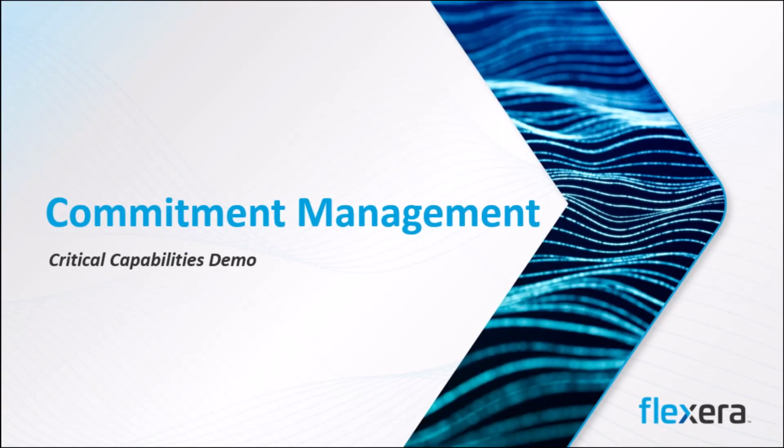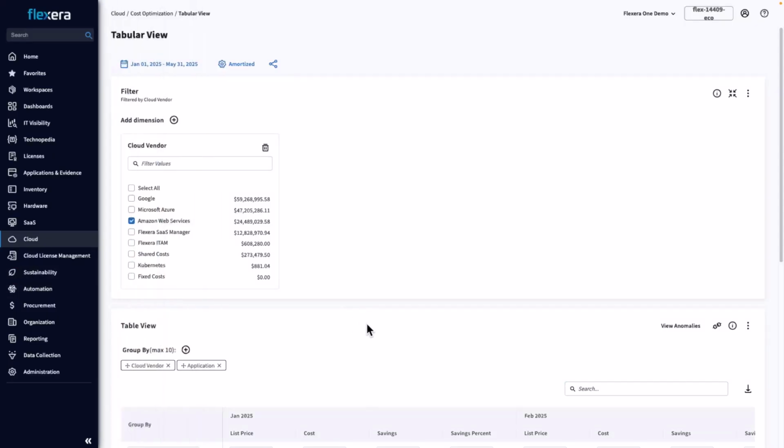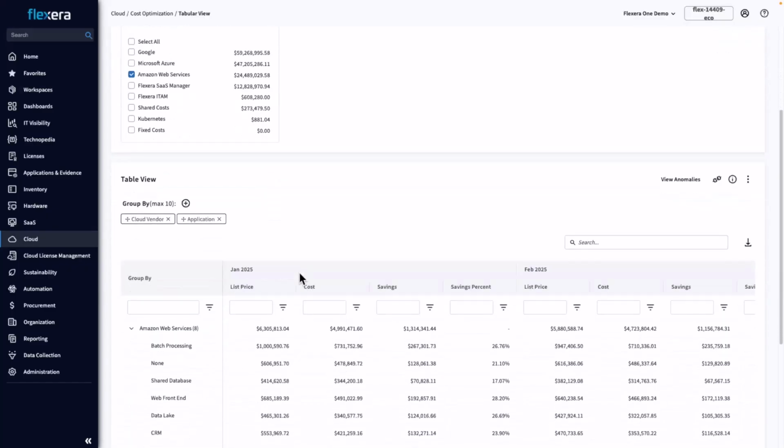Let's have a look now at commitment management, a really important, critical capability that helps customers save money by making commitments to the cloud vendors. We're going to start here in Flexera One in the tabular view, which is like a pivot table view of